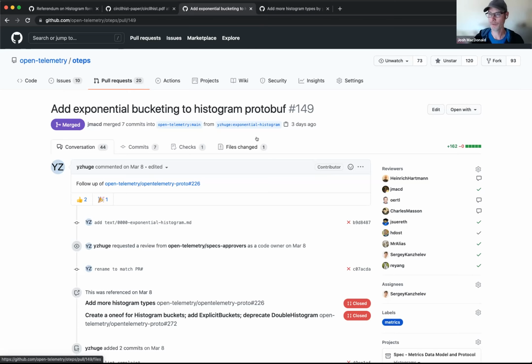So the first rule that was put out is that we should have a histogram that everyone agrees to use. And this may actually be too much to ask for, because if we decide to go with a base 10 scheme, then all of our buckets are going to be aligned with base 10 powers, essentially. And this is good as long as everyone agrees to it. But as soon as you have someone else who says, I want a base 2 histogram, it means all my histogram buckets are on power of 2 boundaries. And now, if I have to change from one to another, they just don't line up.